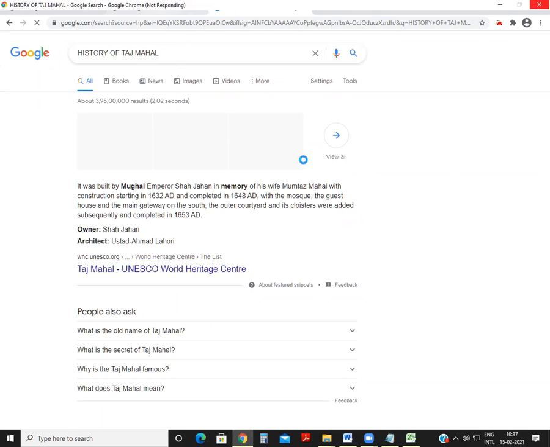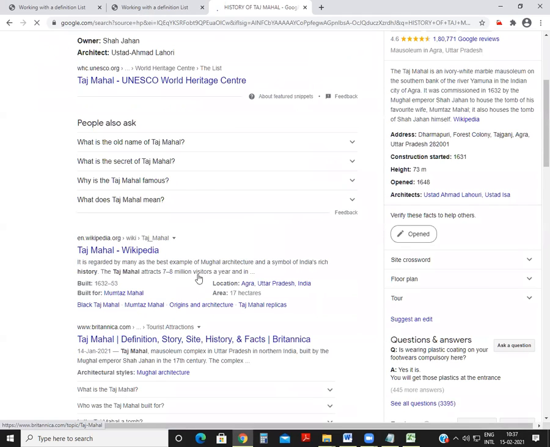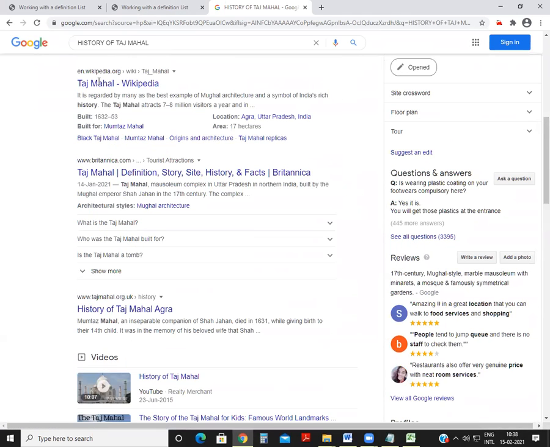So we'll find out some detail, then we copy paste here. Just wait. Wikipedia is the best option to get more details.